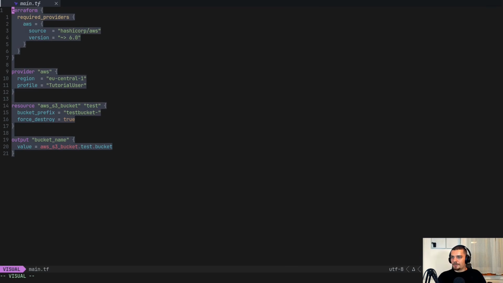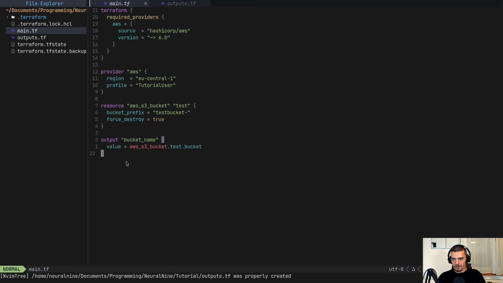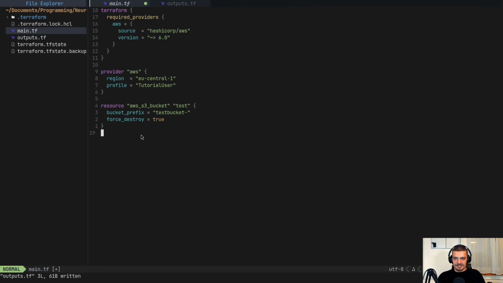Now, this is not optimal the way I structured it because I put everything into a main.tf file. The convention here is to split it up into files called main.tf, variables.tf, and outputs.tf. So this here can belong to outputs. I can just go and say outputs.tf, and I can put whatever I want to output into the command line. Actually let me delete that. I can put it here into outputs. Still works, but it's now in a separate file.